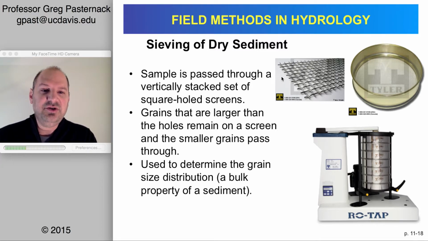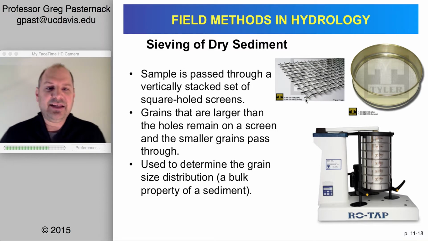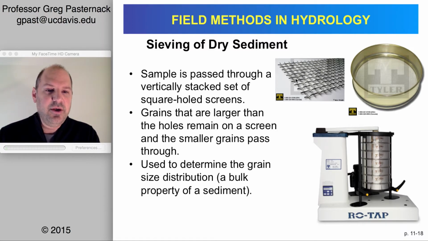Well, the answer is you take a wire metal mesh, usually brass, but can also be stainless steel, and the mesh is designed to have openings that are all of the same uniform size, and they typically come with an 8-inch pan, but you can also find 12-inch pans or 4-inch pans or 2-inch pans, but 8 inches is the